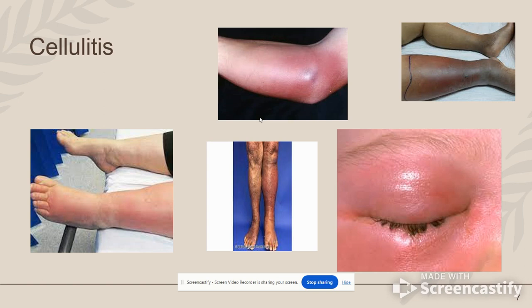It can happen from trauma or surgery or a bug bite or any injury like that. If it's left untreated, the infection can spread to the lymph nodes and the bloodstream. The patient becomes septic. It's not usually spread person to person. The most common bacteria are Streptococci or Staphylococcus aureus,